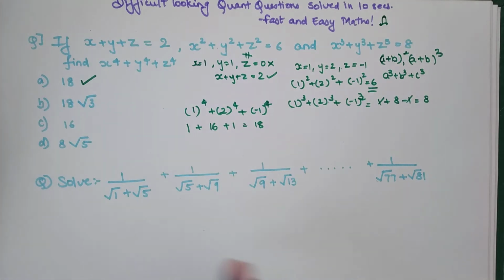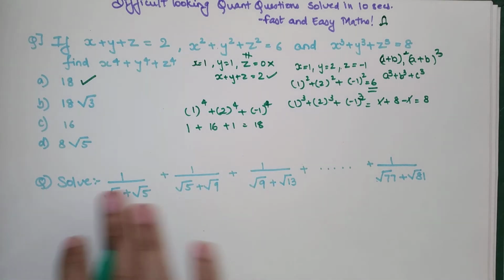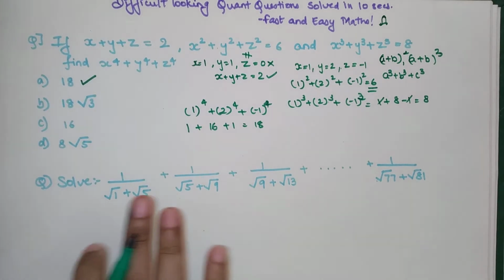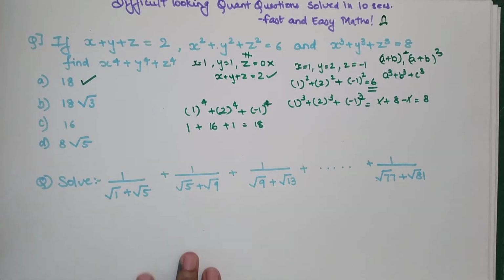Now this looks quite complicated, I understand, and please understand here you do not have to use any of the progression methods or any of the formulas of any arithmetic, harmonic or geometric progressions. Please don't do any of that, okay? Here I'm going to just use the simple basic understanding of mathematics, which we always do: whenever we encounter roots in the denominator, we try to do the conjugate and try to solve it ahead.